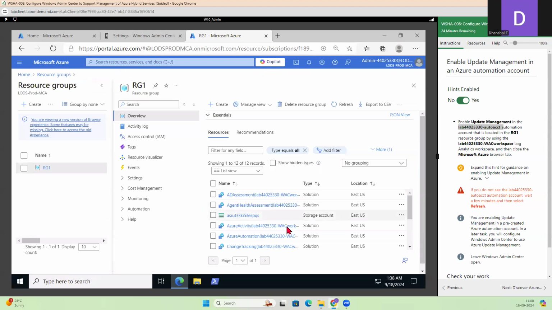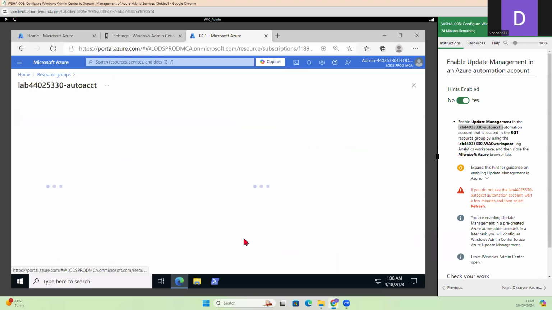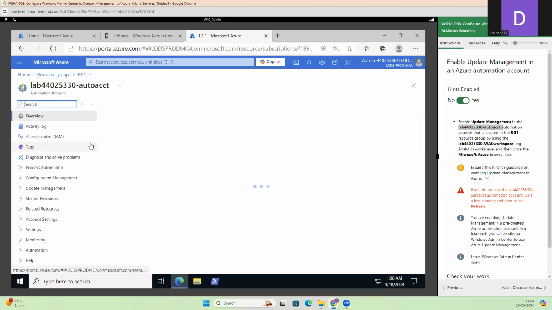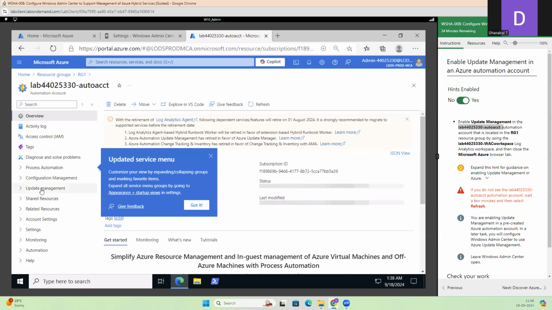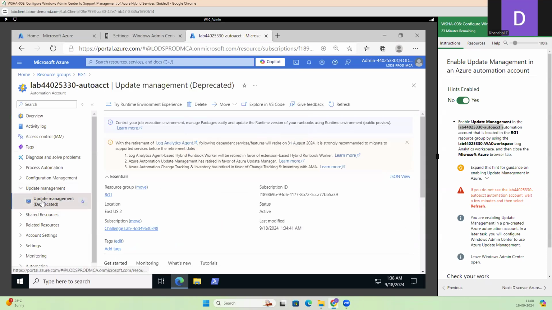You can close all and search for automation account. Yeah, this is the account you need to select. Once you select it, in here you have something called update management. You have to select this update management. It says it got deprecated already. So when you click on this,